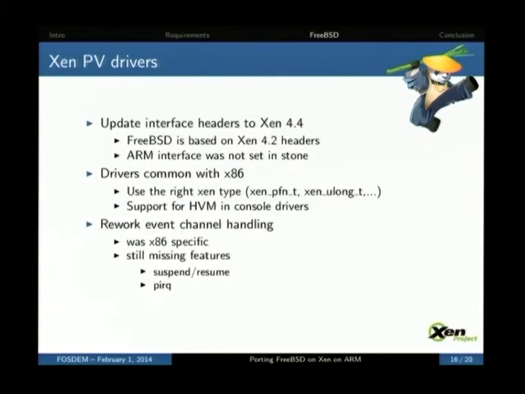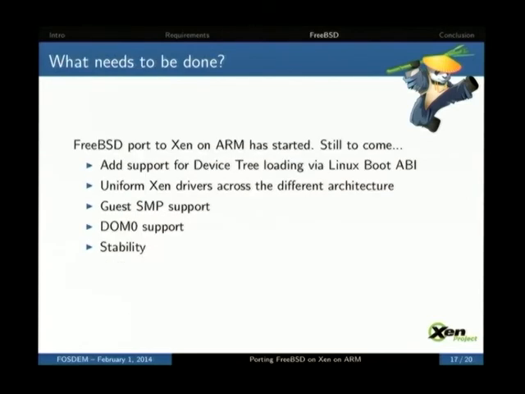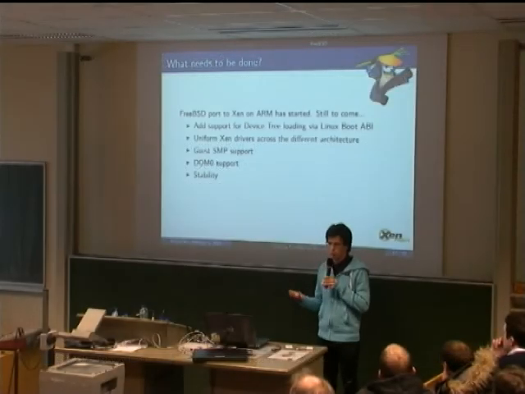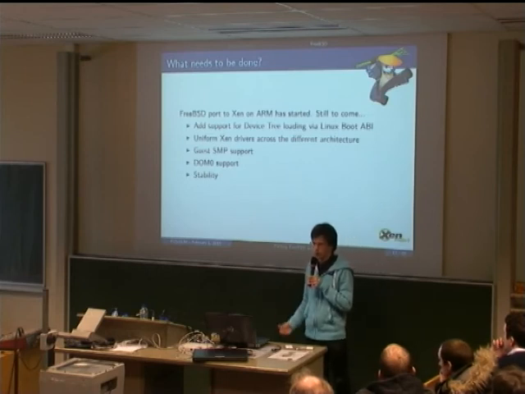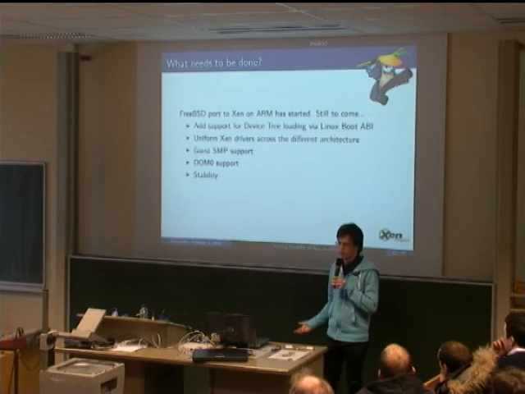That's most of my work. I did all of the job, and even with that, it's still missing some features on FreeBSD. The first thing is being able to start with device tree out of the box. I think this feature is not only for Xen but for every platform. The second thing is to finish unifying Xen drivers across every platform. Xen drivers are not x86 or ARM specific, so we should be able to use the same drivers on every architecture. The third thing is to be able to support SMP guests.